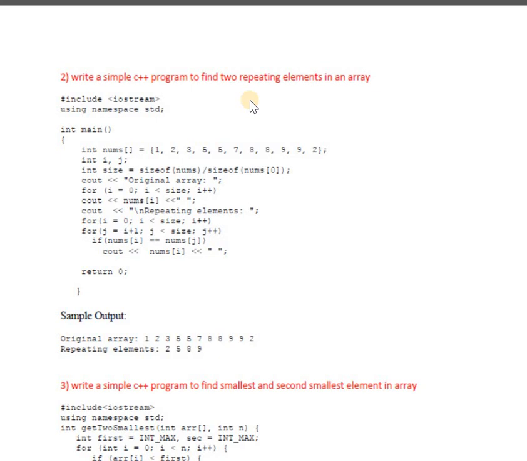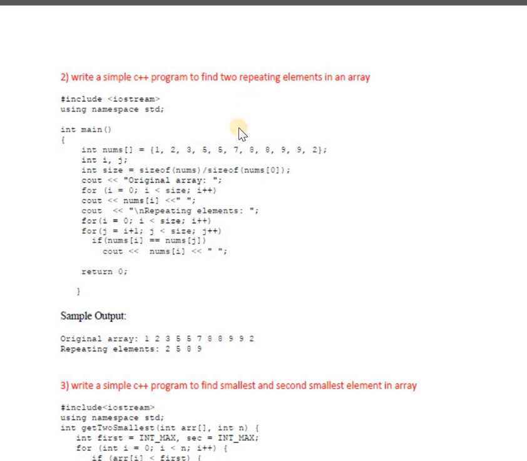What is the logic behind that? There is one easier approach to find all the repeating numbers in an array: use two loops. Use the first loop for traversing the array and the second loop to check whether the current element has already been encountered in the array or not.